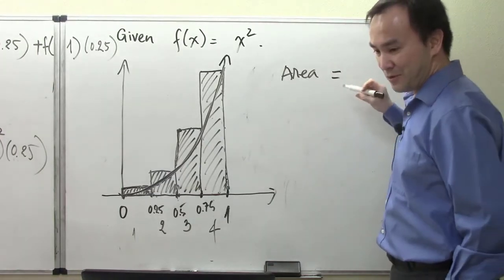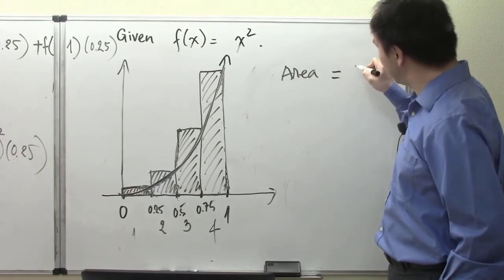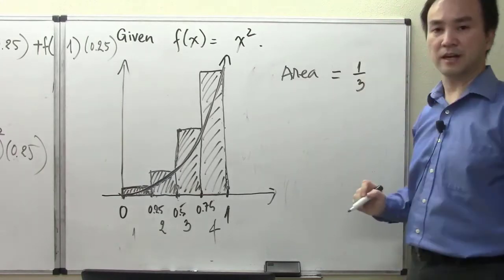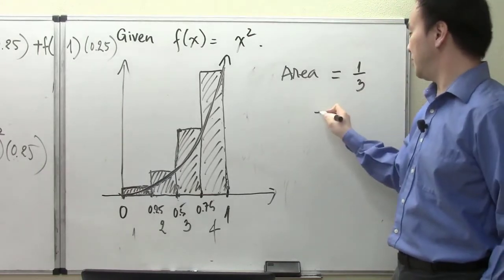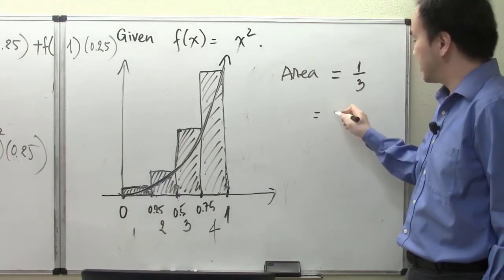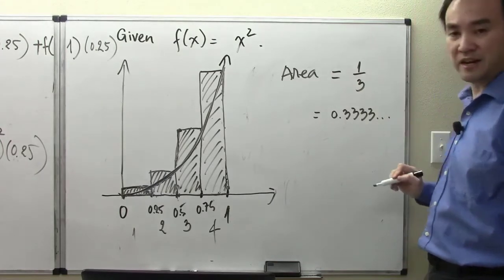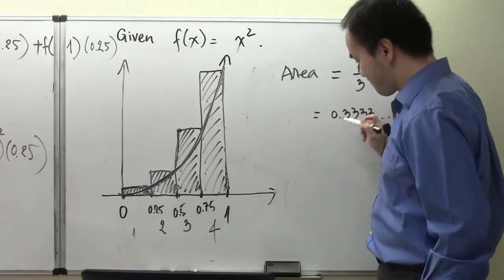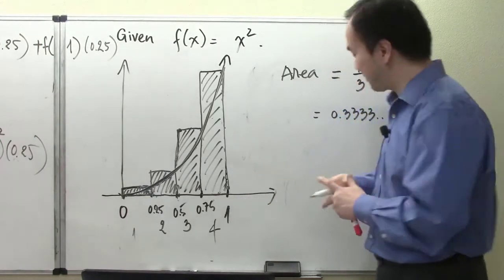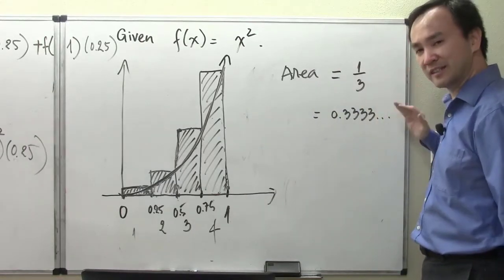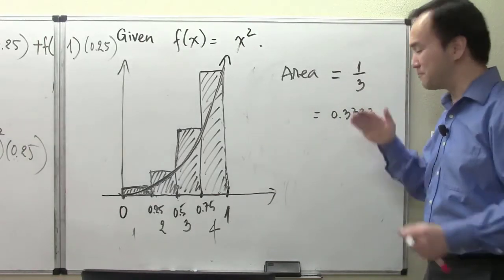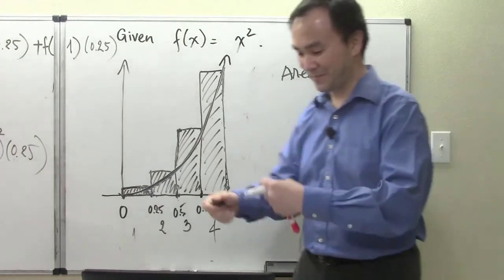So precisely that area is 1/3. And 1/3 in decimal, if we're using any kind of calculator, gives us 0.3333 repeating. And so we will get to that point where we understand how we get this exact answer. But I mentioned that here for a reason, because you can see that